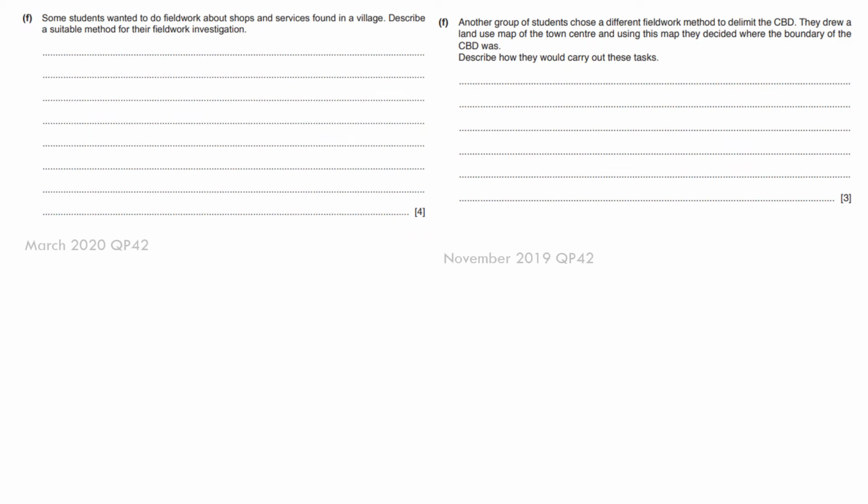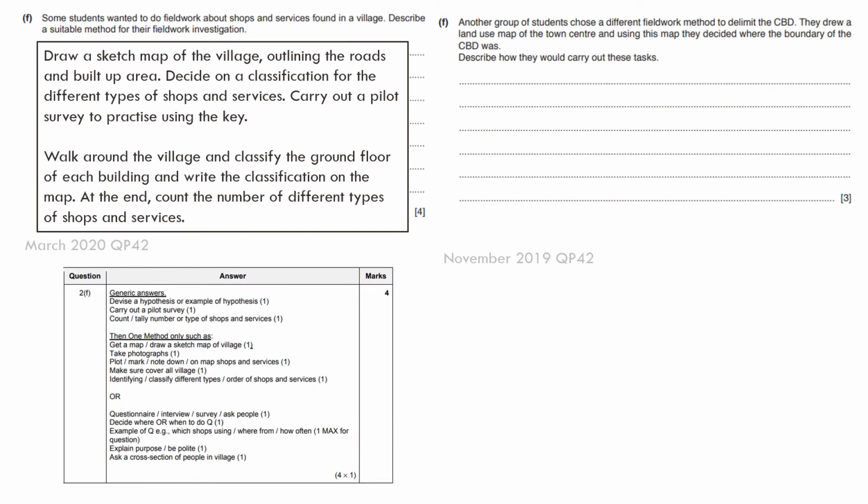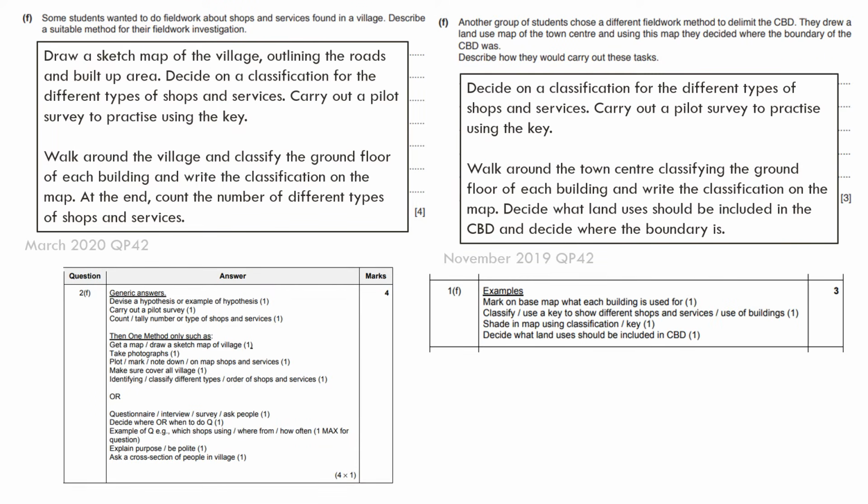So here are the questions that could be asked, and these are taken through time. Some students wanted to do a fieldwork about shops and services found in a village, how you go about doing it. Some students wanted to delimit the CBD, so how would you go about doing it? And so what I've done is written 2 similar answers, okay, because for one,